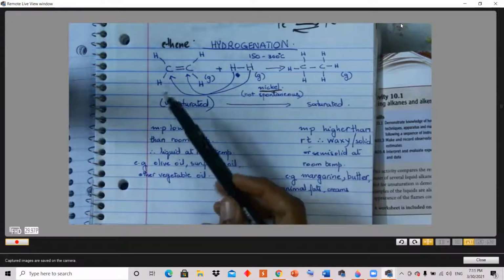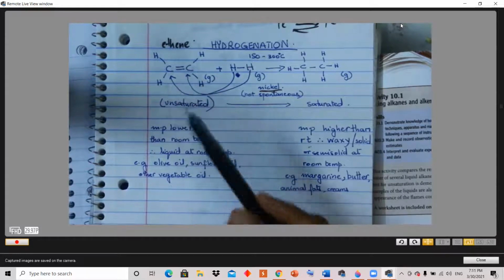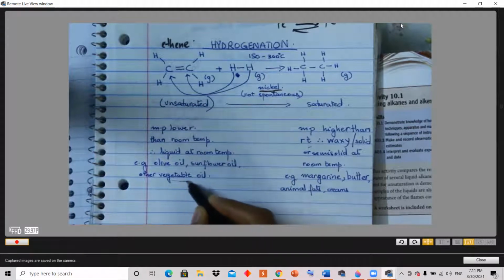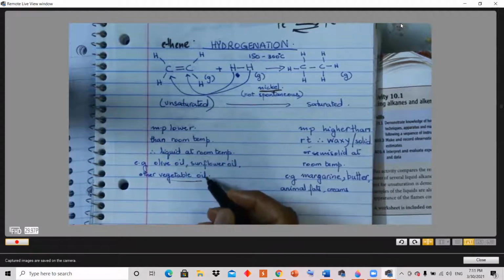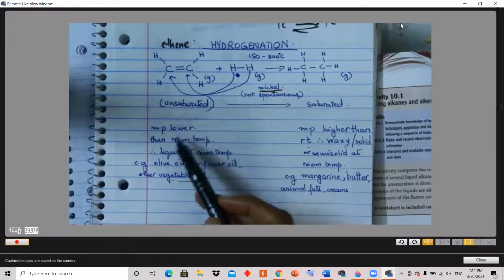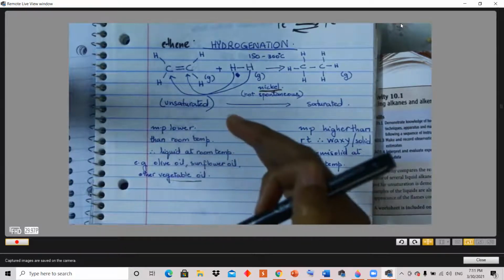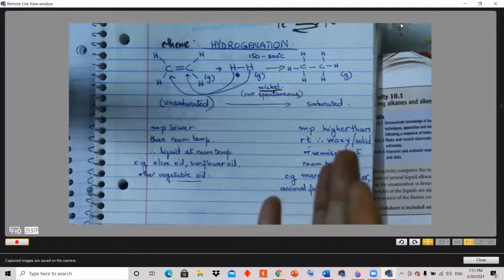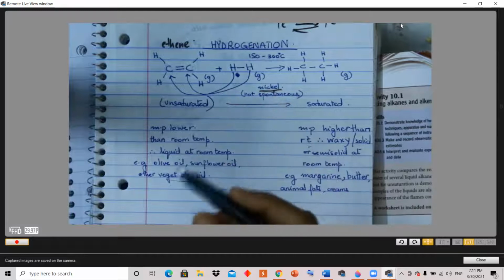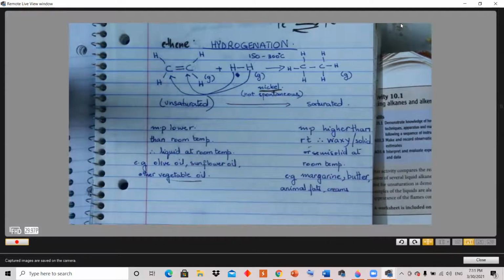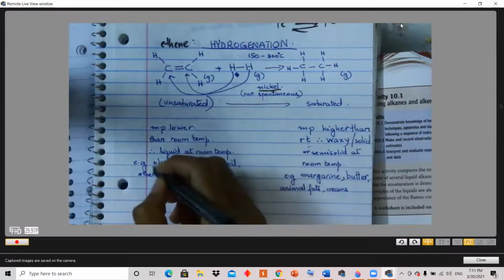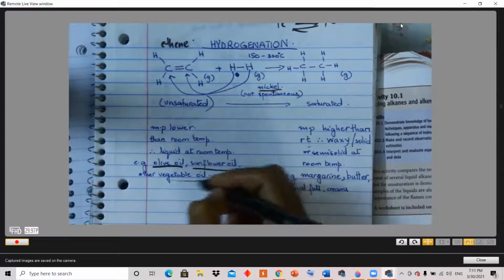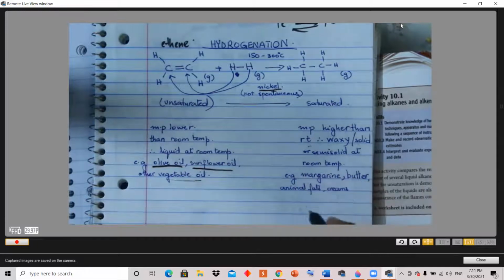Now, when you have polyunsaturated, you have double bonds. Examples are vegetable oils, which are liquids at room temperature because their melting points are lower than room temperature. Before room temperature has been achieved, they have already melted. This oleic acid that I just showed you, which has only one double bond, is found in olive oil, sunflower oil, and most vegetable oils. Usually animal fats are saturated.